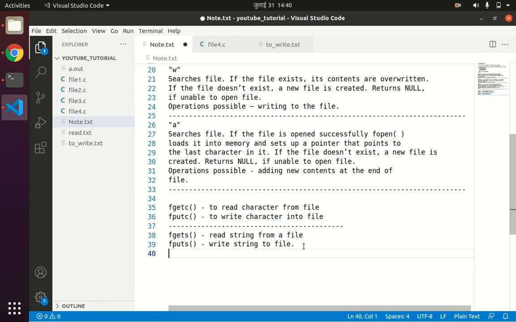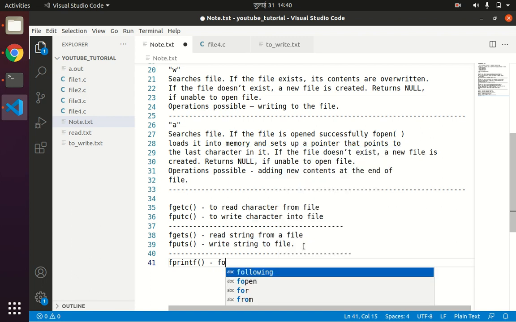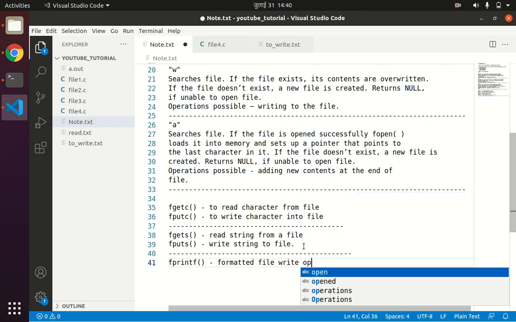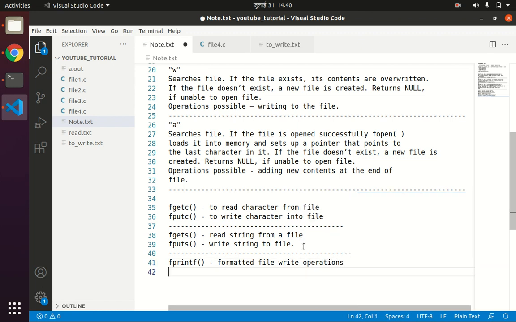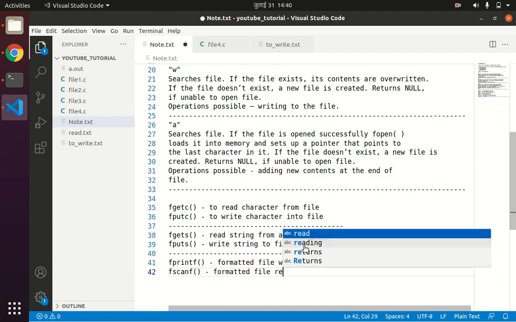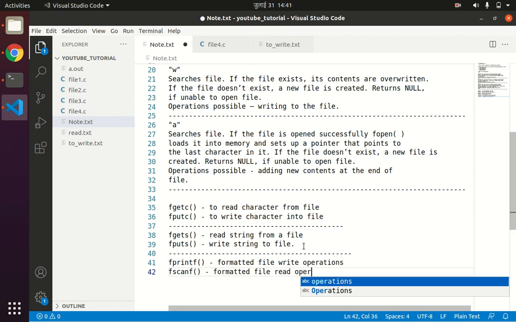Now for formatted input and output for the file, we'll be using fprintf. The fprintf function will be used for formatted file write operation, and then we have fscanf for formatted file read operations.